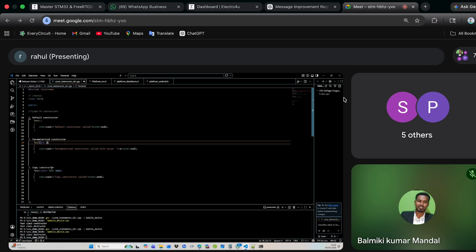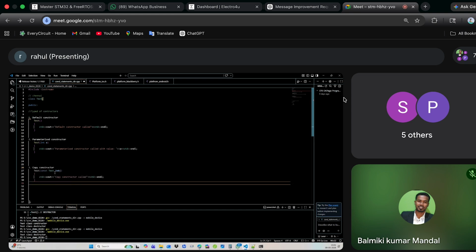And the copy constructor will have the same type as the class name here. Here we don't have an int or float. The copy means we are taking an object and copying the contents of one object to another object. Maybe I will explain that next class. So it has this syntax.